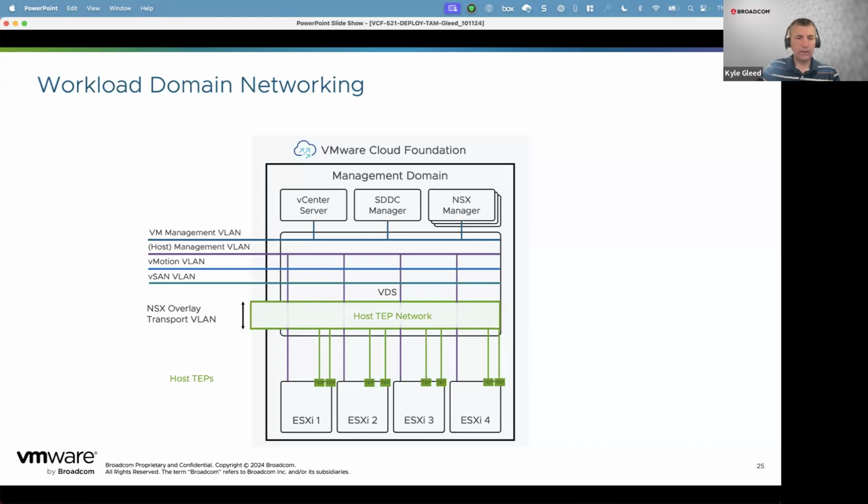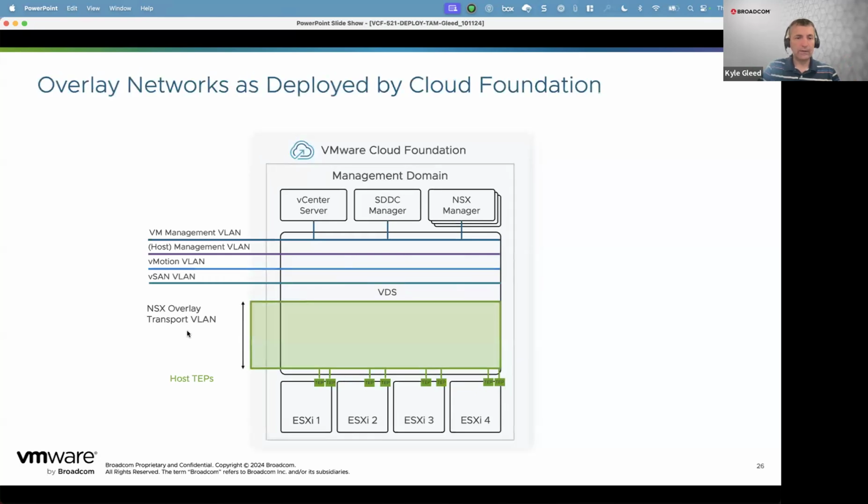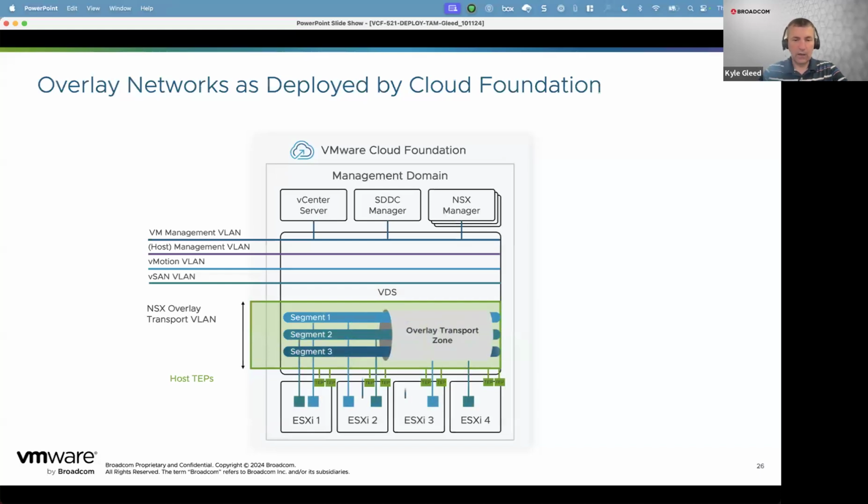So to deploy it, you need these 5 VLANs, and these are the networks that they're used for. And then what we'll do is inside those, when you start using the NSX, that TEP network usually is one. There's a question about, well, what exactly is the TEP network? What does it do? That's our virtual networking. So that's how we can go in and create these virtual networks inside of our cluster using the TEP with